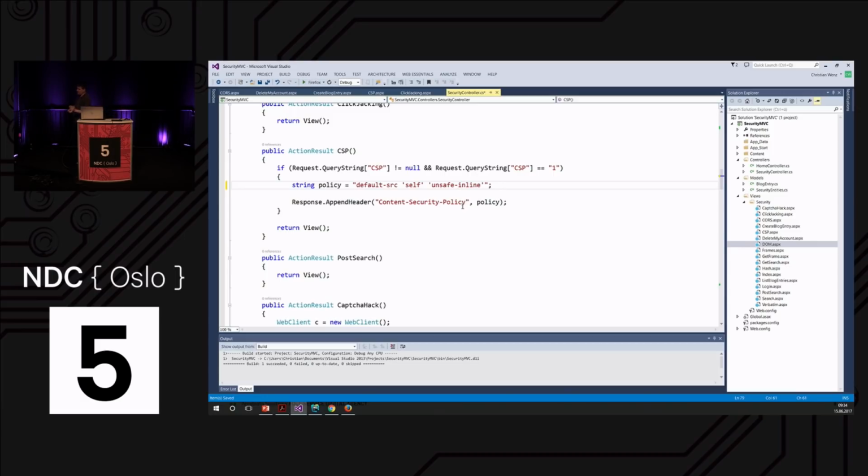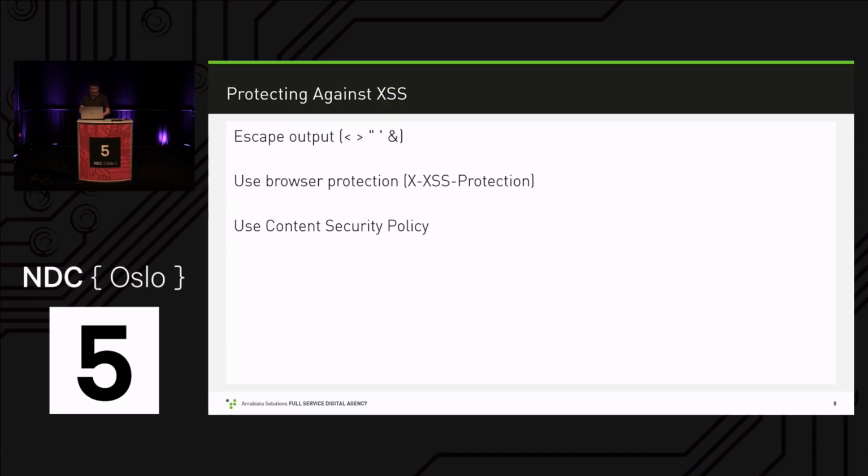So if you still have to support older Edge versions or Internet Explorer, that is not an option for you in those cases. For those browsers, you have to use unsafe-inline, right? Or you refactor your application to actually avoid inline styles and inline JavaScript code, which from a performance perspective is a good idea anyway. Again, I could talk for hours about content security policy, and I think you also get the impression that I'm a bit overexcited about this. But still, do consider using that in your applications.